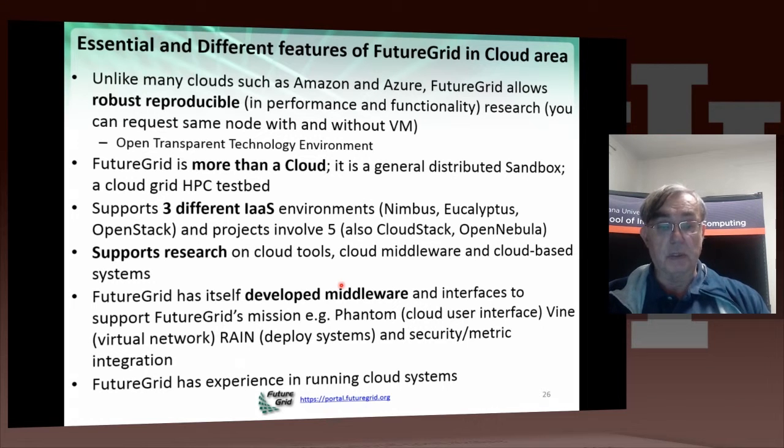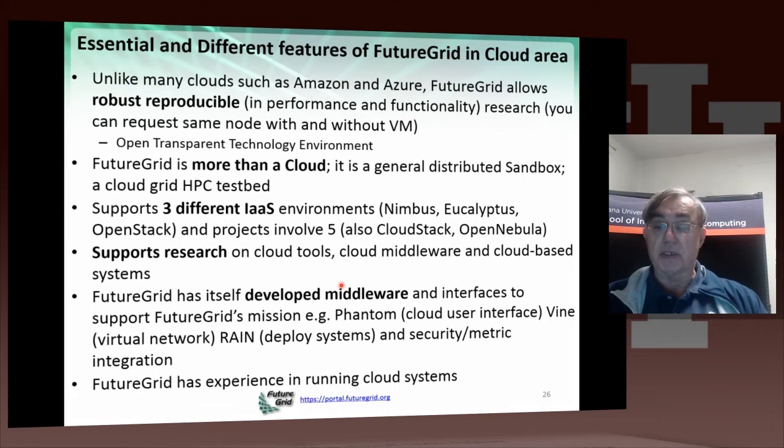and also through the distributed environment, distributed and federated systems. I pointed out that FutureGrid has developed testbed as a service tools and middleware, which allows it to actually operate and deliver on its mission. Examples from the Nimbus group are Phantom, the cloud user interface, and Nimbus itself is a very nice example. ViNe is the virtual network software, which will turn up on a later slide. Rain is the dynamic deployment and provisioning system from Indiana University,